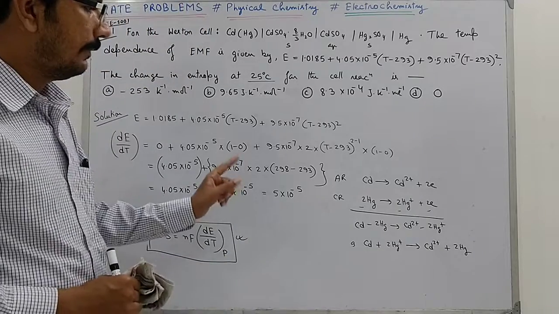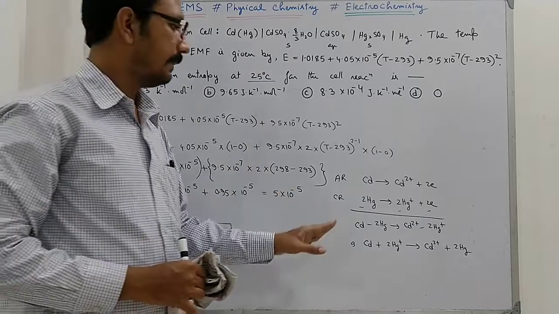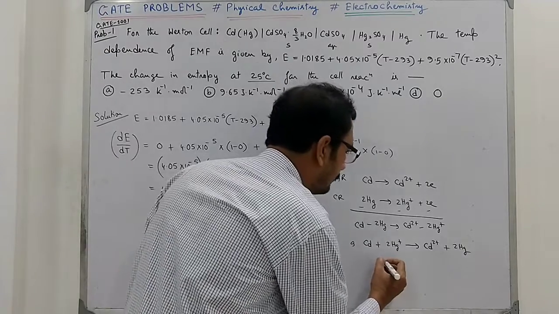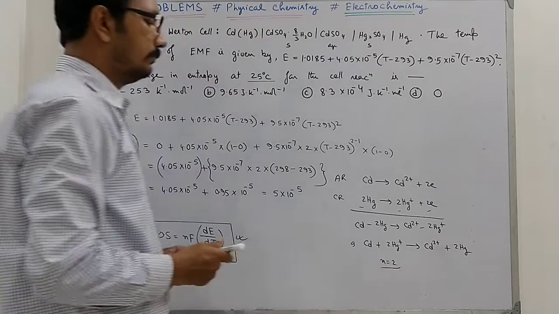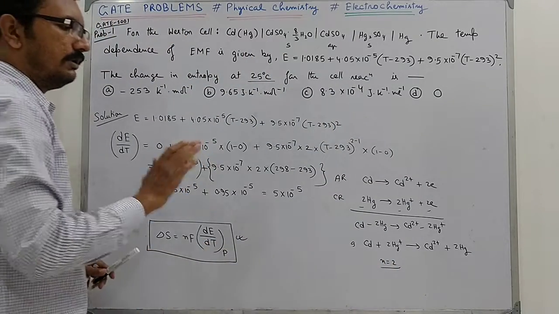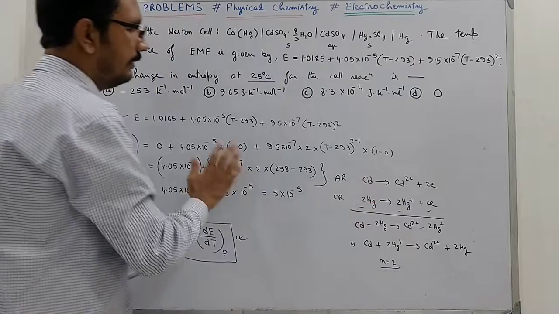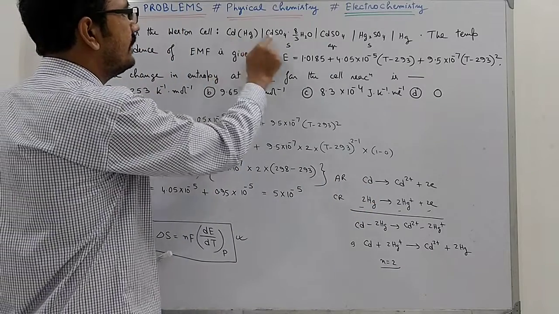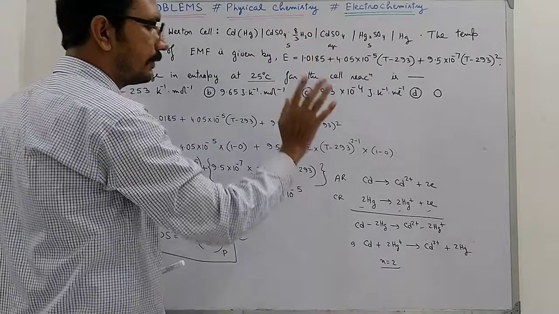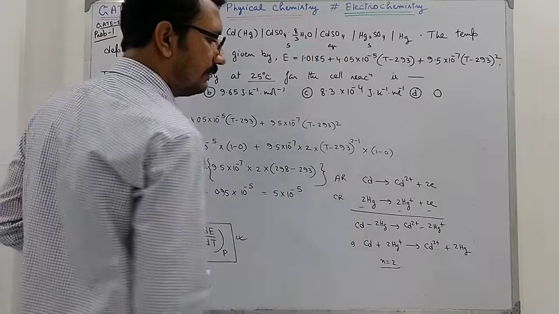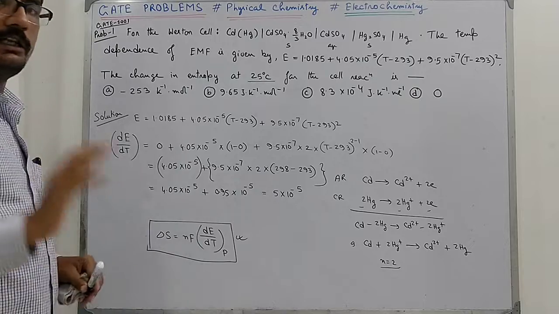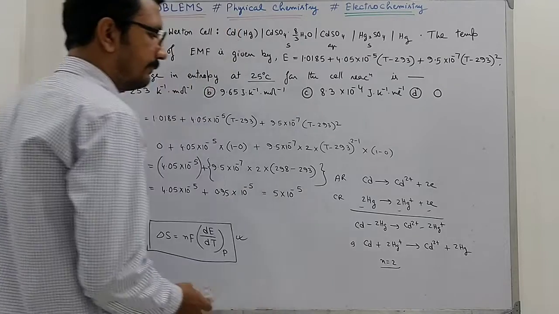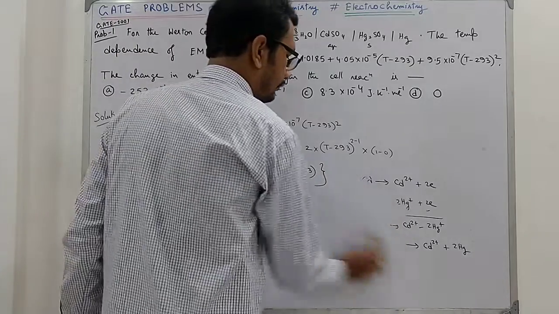Now you see there are 2 electrons transferred in this reaction. So n will be 2. Actually you don't need this cell reaction in this problem. Just see what it is giving you, Cd to Cd2+. So that is 2 electron transfer. So don't waste your time writing this. Since it is the training class, I am giving you the detailed mechanism. So n equals 2.